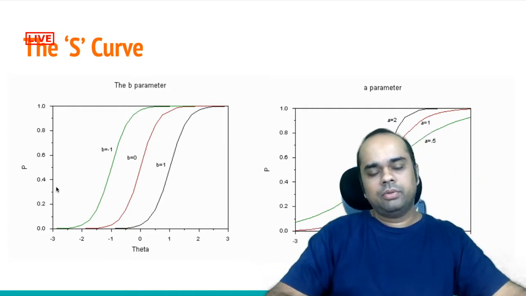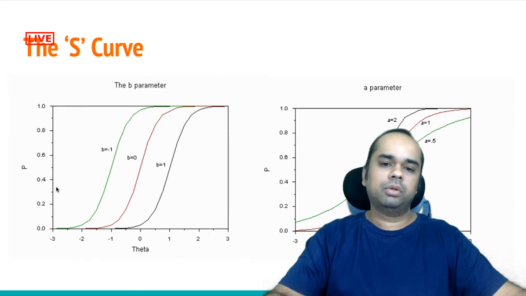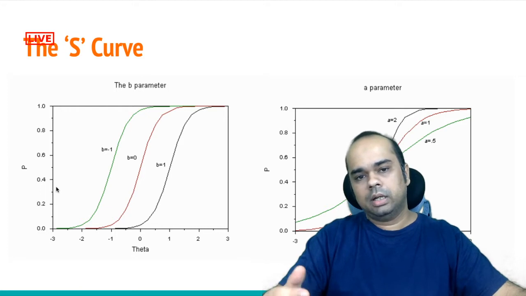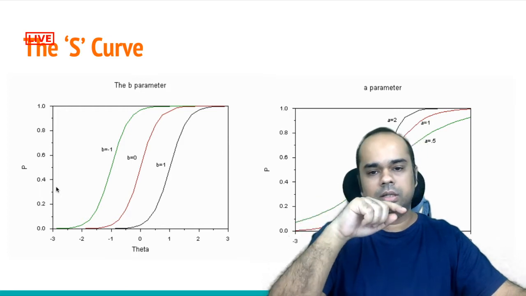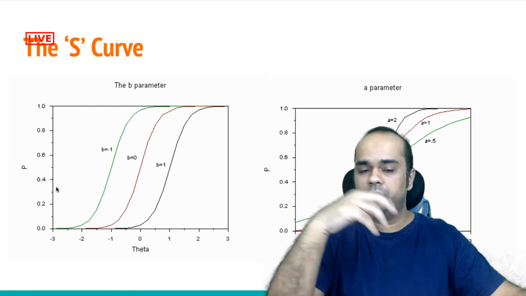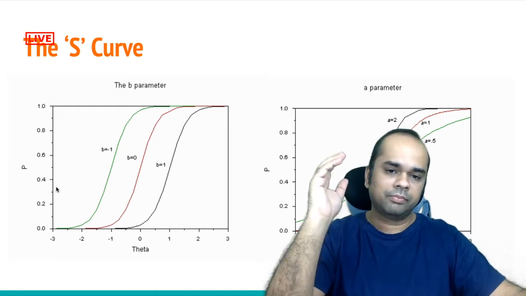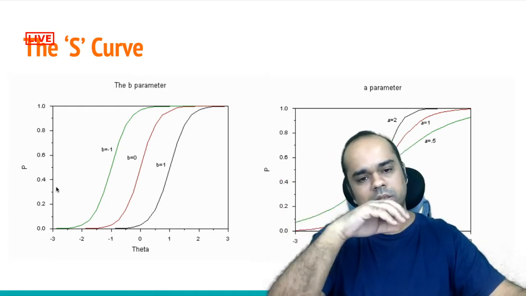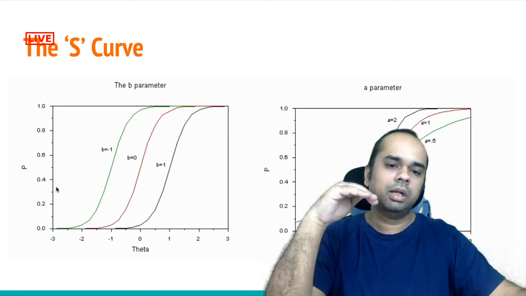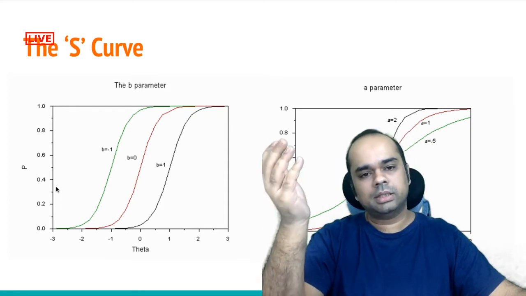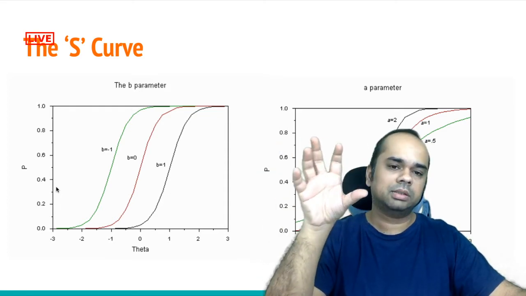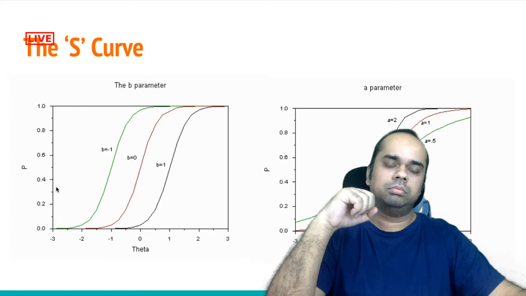A lot of phenomena in nature follow this. For example, if you're running newspaper ads, one ad or two ads, nothing is going to happen. But if you run ads enough times, the awareness is going to build up. And if you run ads an obscene number of times, it is going to get saturated. So there is a natural limit. Initially nothing picks up, then things really pick up in a hurry, and then it saturates. Outdoor advertising, all those pole banners that you have, and a lot of other phenomena use it.